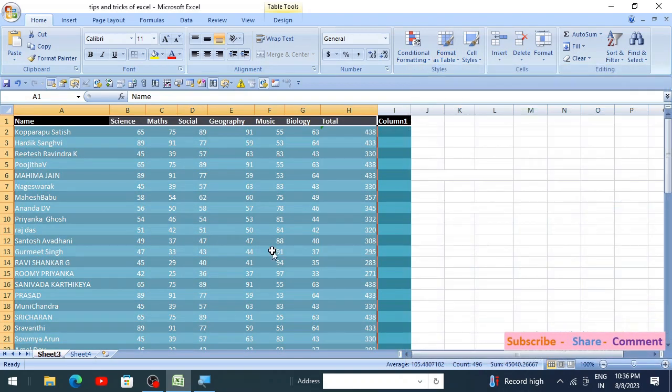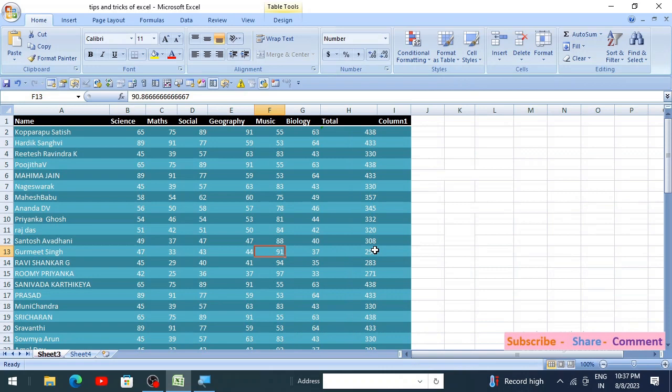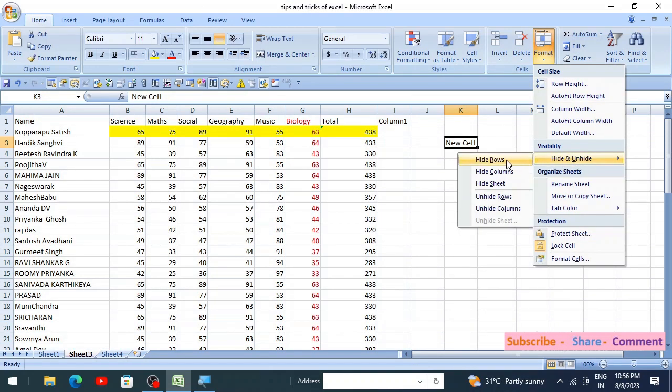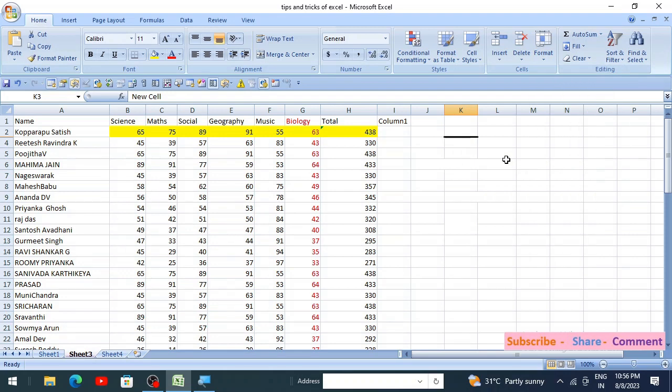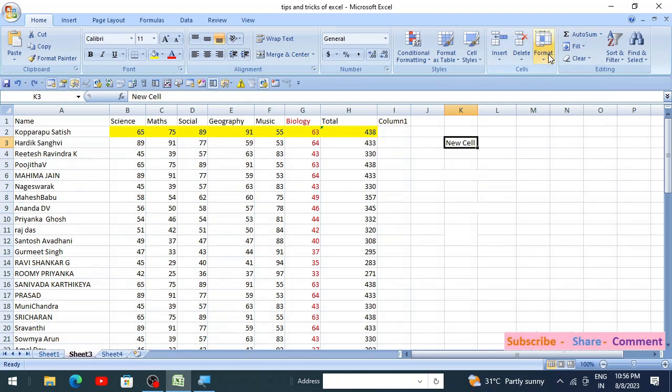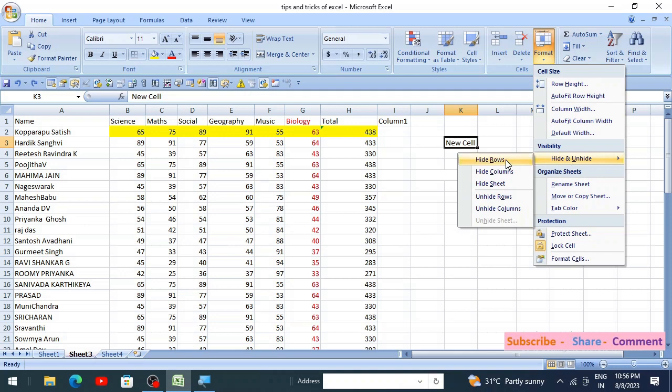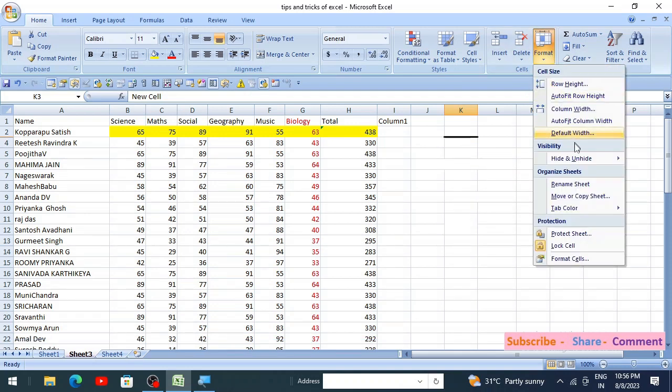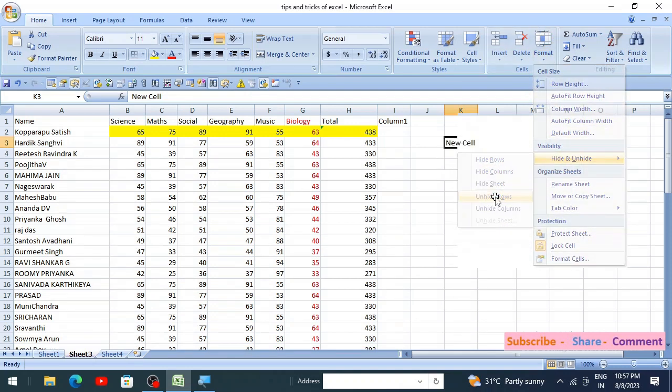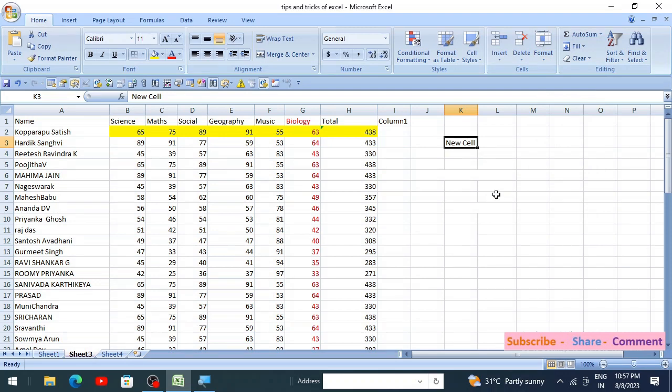I will click on blue, the entire table will get changed. Then hide and unhide. Hide the rows, and the rows get hidden. I will press Control Z, or else, for example, I will show here hide the rows, and again unhide the rows, right? So the data will go off from that Excel sheet, and the data will come again when I click on the